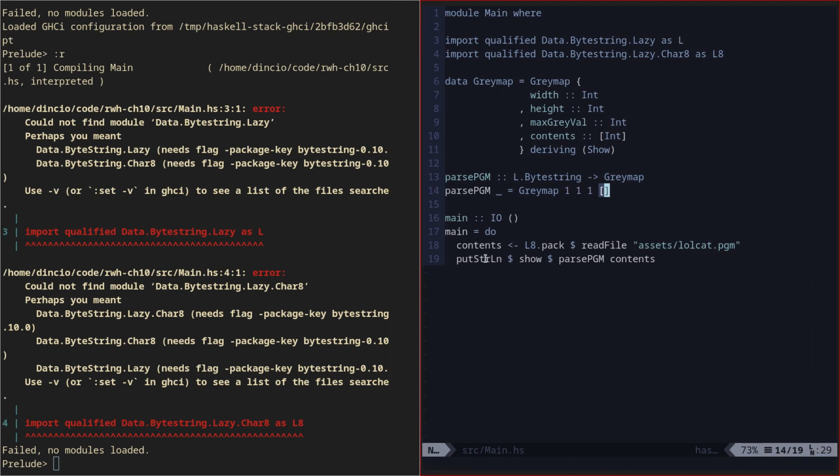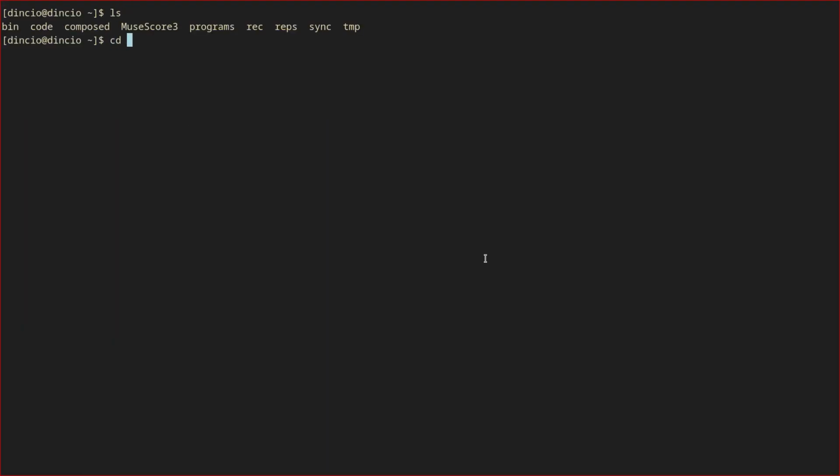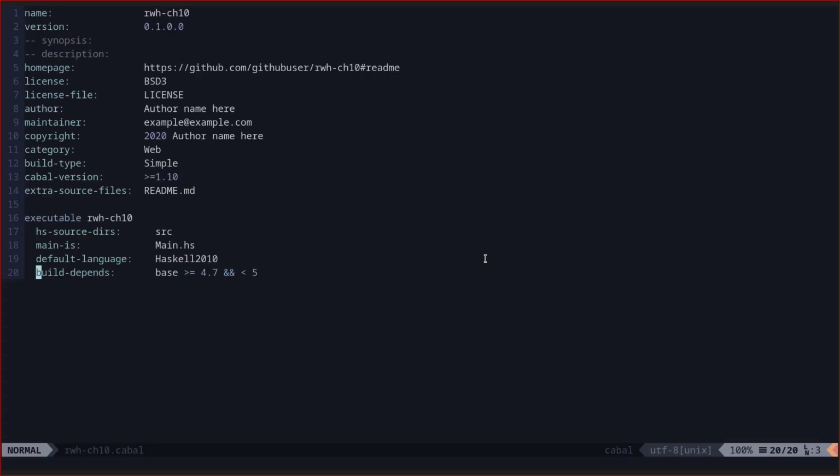I came to create this project. So what you do is, what even is this? No idea. So what you do is open a terminal window, go to the desired location, do stack new and the name of the project. I called it Real World Haskell Chapter 10, and then put a template. I put simple as my template, and it then builds a directory, which in my case is this, and it puts a bunch of files in the directory. The most important one is this file, because it has things to do with dependencies, you know, these, and